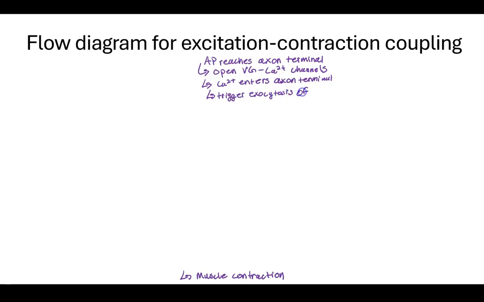Exocytosis of, just a reminder that our neurotransmitter here is called acetylcholine. So it triggers exocytosis of acetylcholine. Acetylcholine then binds to ACh receptor on skeletal muscle. So ACh binds to receptor on skeletal muscle, and this